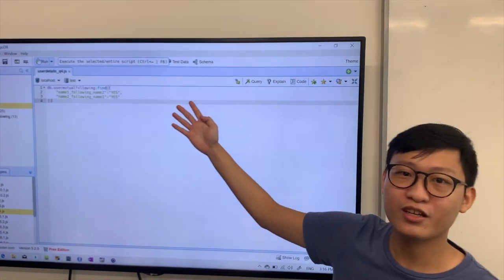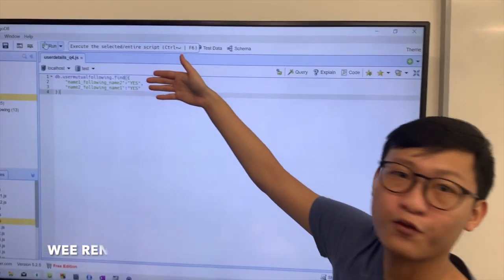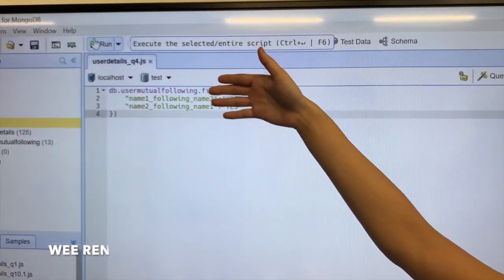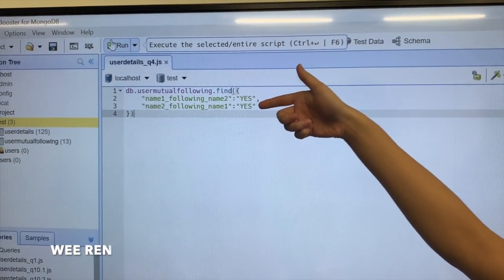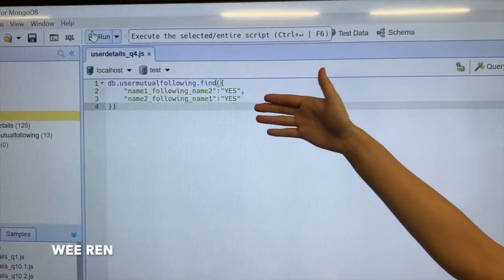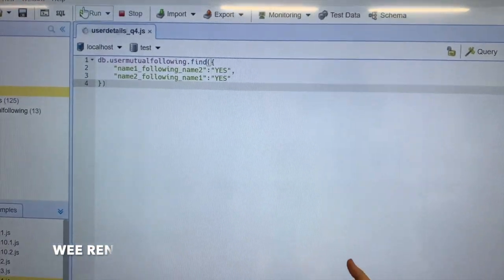For the fourth query, we will be finding the mutual following. We will be using our second collection, the user mutual following, and we will find both following fields where it's yes, yes, meaning that A is following B and B is following A, and with that we will get the answers, which is